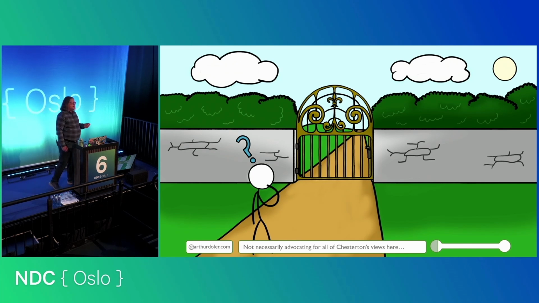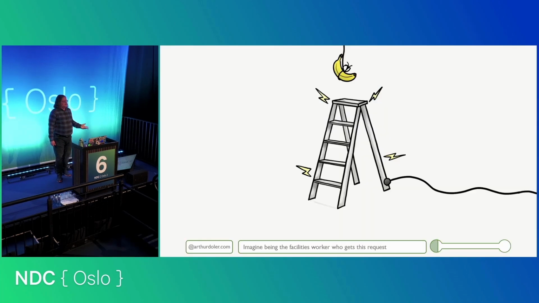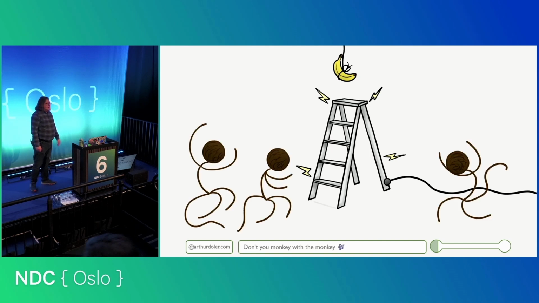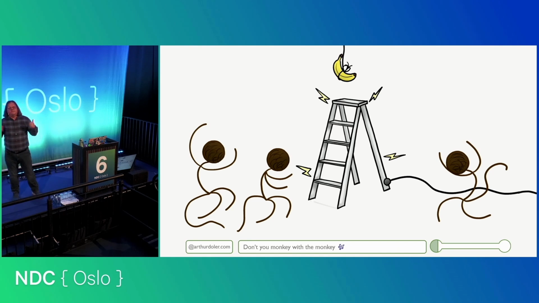The flip side, the other end of the spectrum, is the monkey ladder experiment. This is an experiment that has never really been run. It's a thought experiment, and it would never pass an IRB, so you'll never really see it in the wild. But it starts with hanging a banana and then putting a metal ladder underneath it. And then you electrify the ladder, and you release a bunch of chimpanzees into the room. It's great fun, fantastic YouTube, it'll be great.